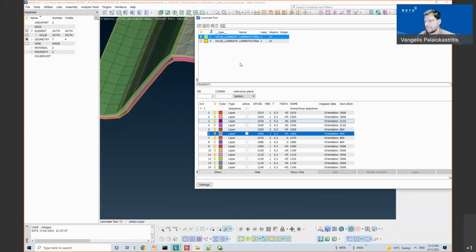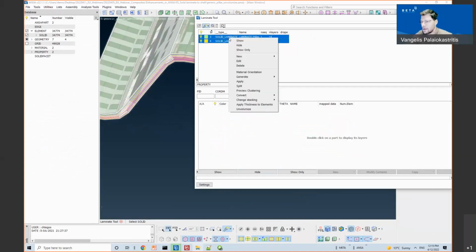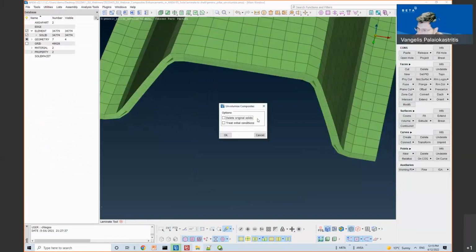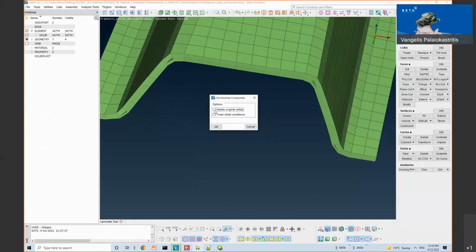And the other example is the per-ply laminate model. I can select them both and press the unvolumize. I can delete the original solids and treat the initial conditions if there are.